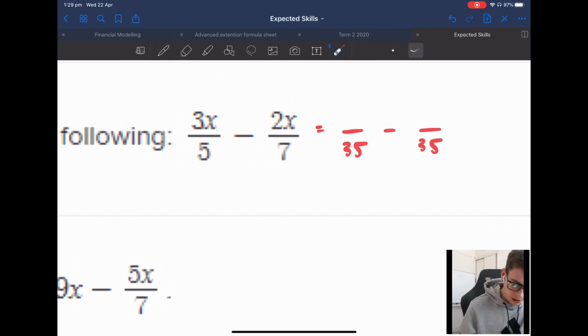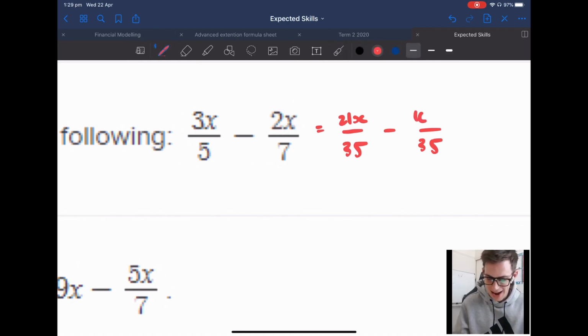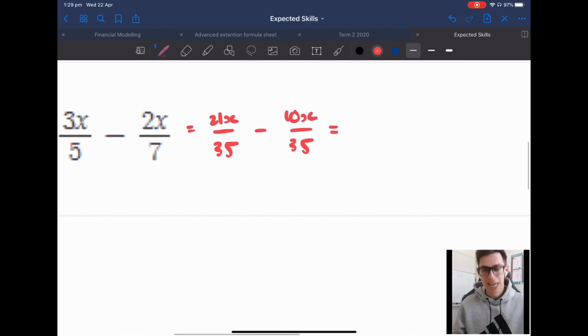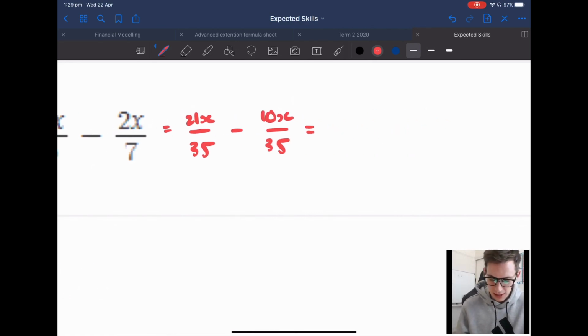On top, I need to times by 7 on this side. I'm going to get 21x. I need to times by 5 on the other side. I'm going to get 10x. Now that they're the same size, I can write them over 35. What's important here is I've got a minus. So it means 21